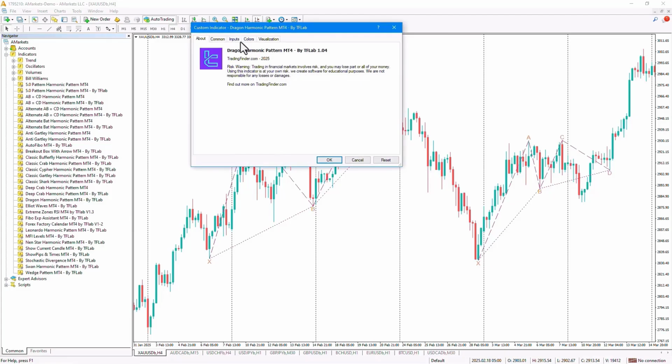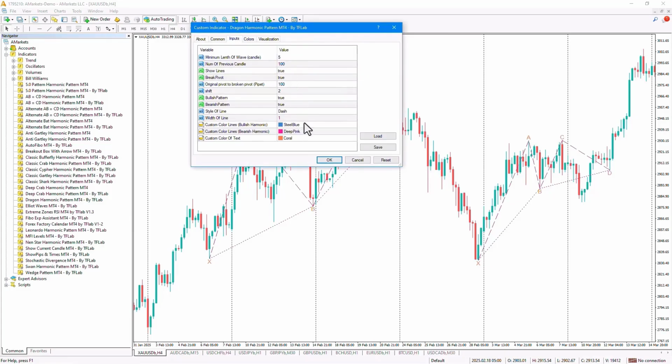In the Settings section, under Input, there are options available for us. In the first part, we can set the minimum wavelength in the indicator, which is set to 5 by default. This value is based on the zigzag indicator, which has 3 parameters. Here, we can adjust the first parameter. The other 2 parameters include the numbers 3 and 3, which are hard-coded into the calculations and perform their